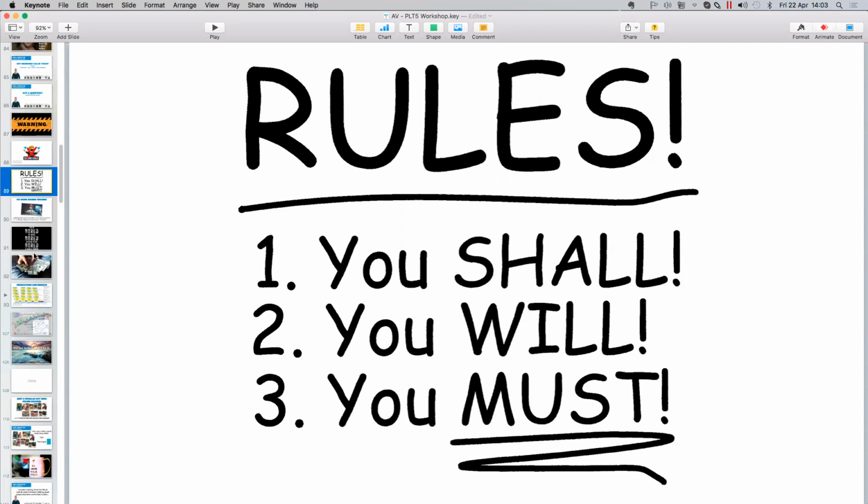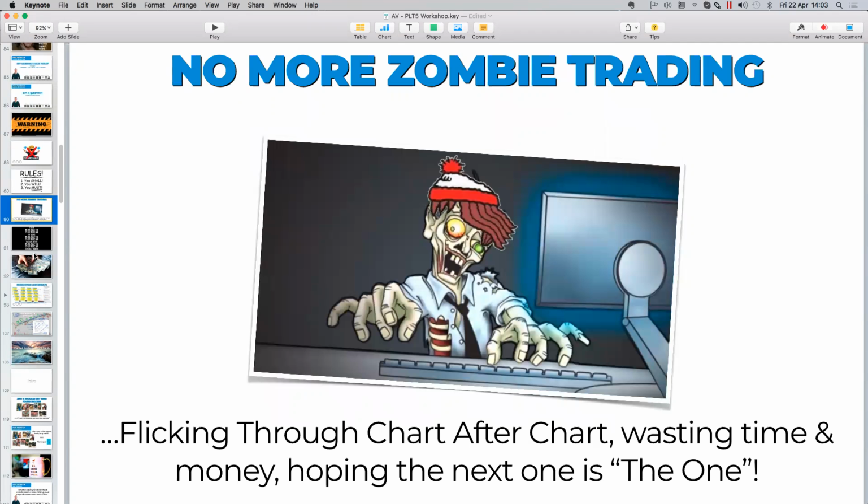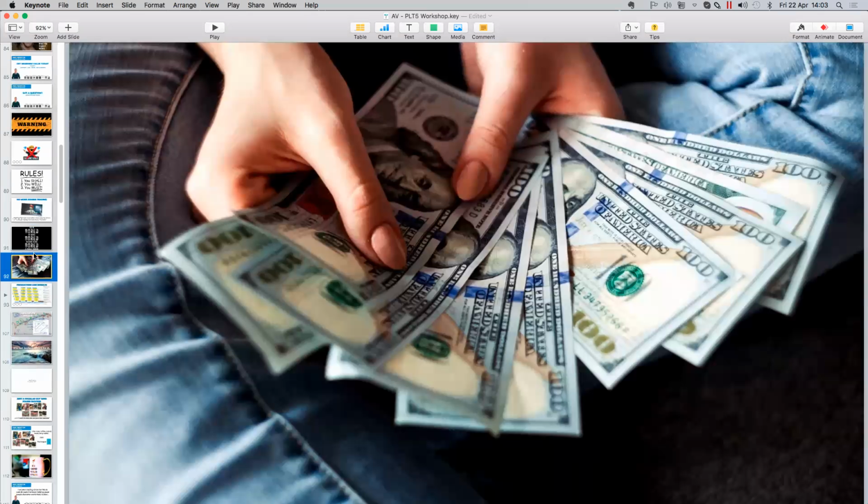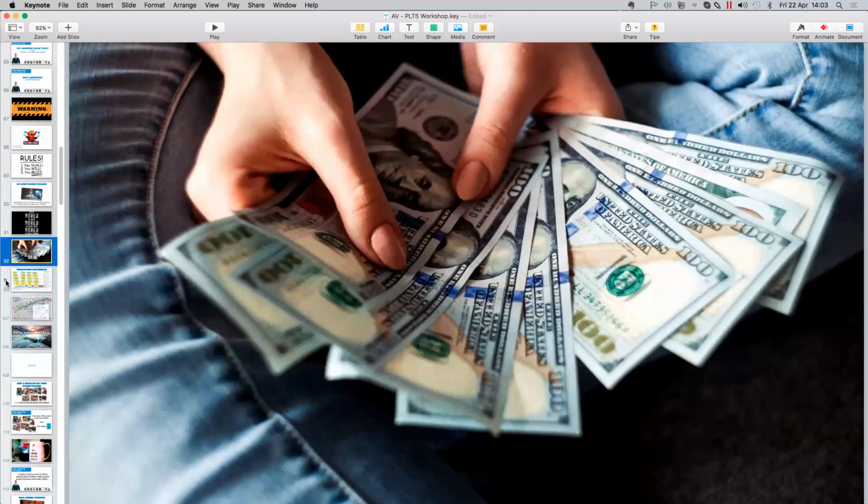It means that I don't flick through chart after chart after chart like a mindless zombie, hopping from indicator to indicator, looking at Dow theory, Gann theory, Elliott wave theory, all the keyword there is theory. I'm looking for facts. I'm looking for actual things. And so that's what I'm against. It does mean that what we do is boring, absolutely boring. The rules that we have, they're there for a reason. They work. And I think I would rather be bored and make money, because that's what the rules and the system that I'm going to show you does. And again, it does make money.